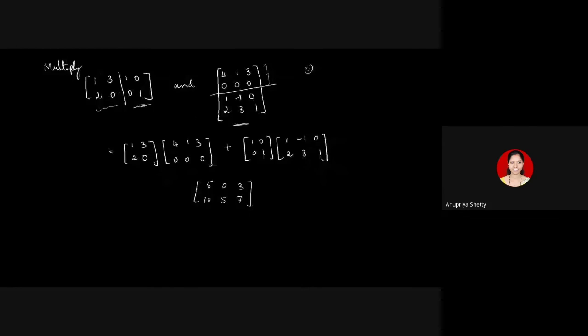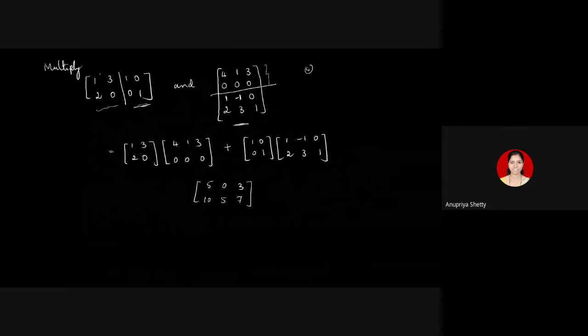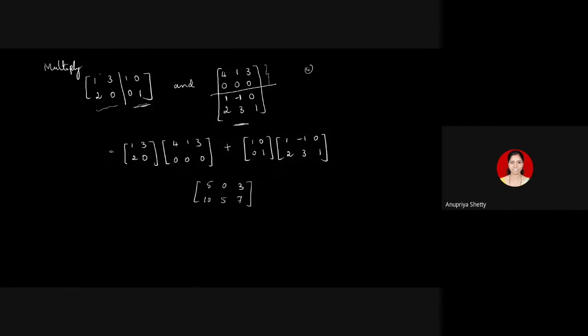The method I have given you, what you can do is, for the previous two examples or this example itself, make use of block multiplication by dividing into 4 blocks. Maybe this way. And try finding out the product. You should get the same answer. How do you multiply this? The first block with this block plus this block with that.